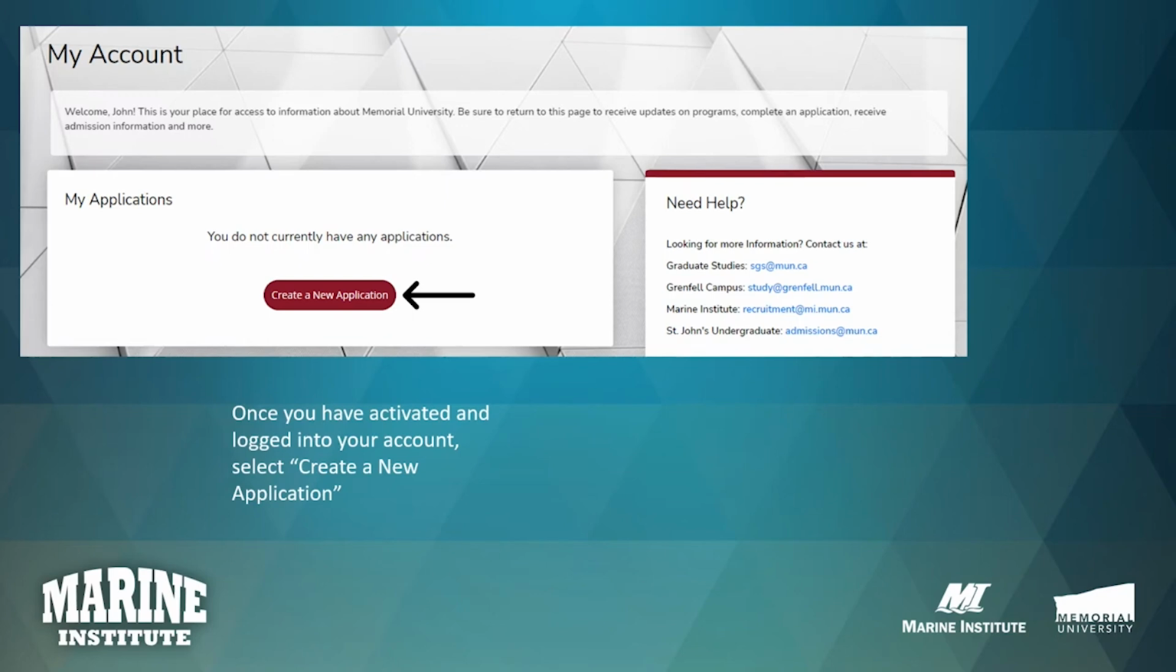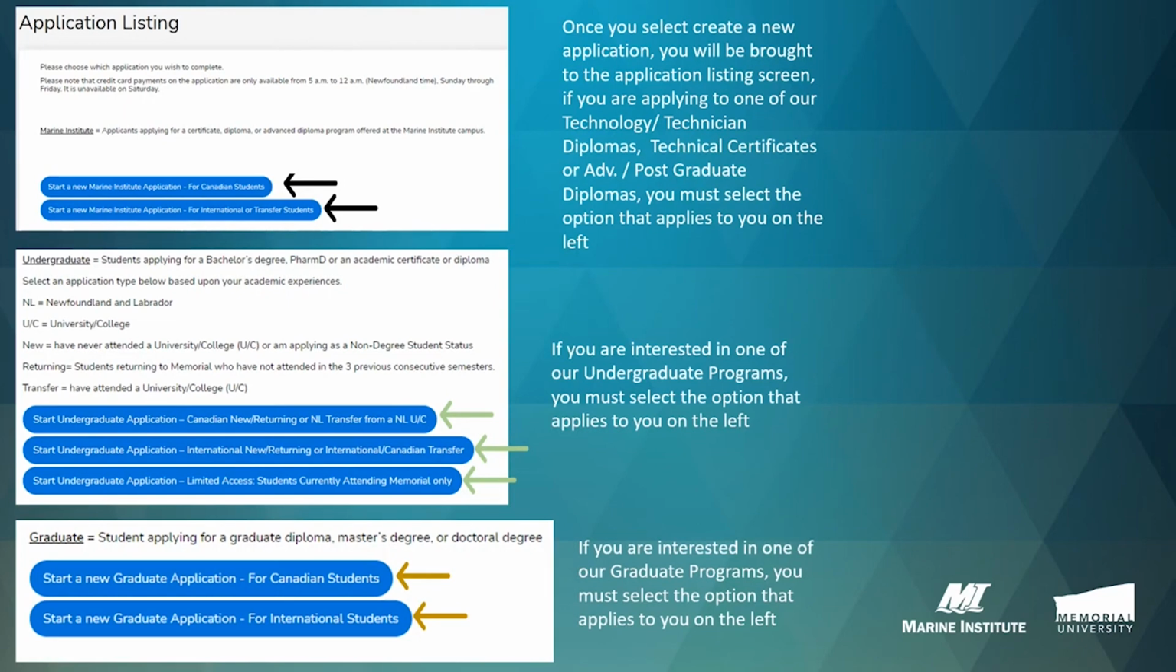Once you have activated your account, you can now select Create a New Application to get started on your formal Marine Institute application. Once you have selected Create a New Application, you will be brought to the application listing screen, at which point you will need to select the option that applies to you based on the program you are looking to apply